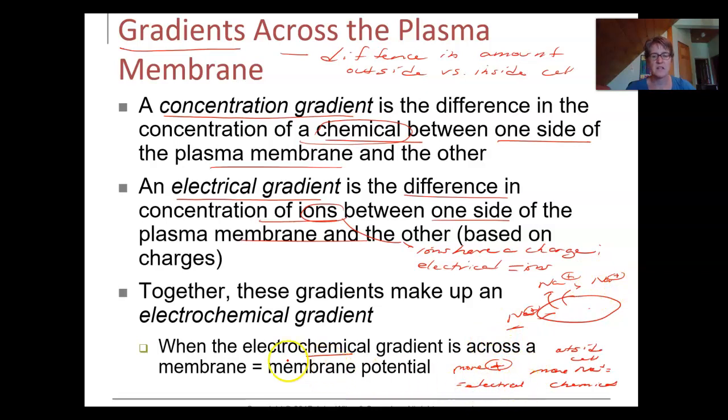And together, it's an electrochemical gradient, and that's what our cells do. We make sure there's more sodium on the outside, and that's a potential. It's a potential to do work. It's a potential in electrical definitions. I'm not going there, but that's known as the membrane potential. It's usually an extra credit question on the test, is the fact that there's more of a charge on one side of the cell, and more of a chemical on one side of the cell, either outside or inside.